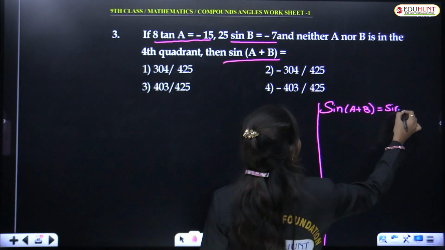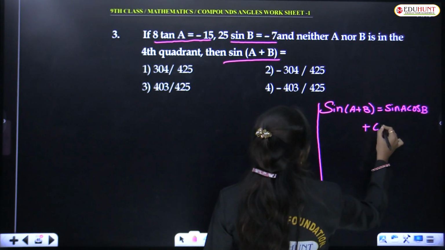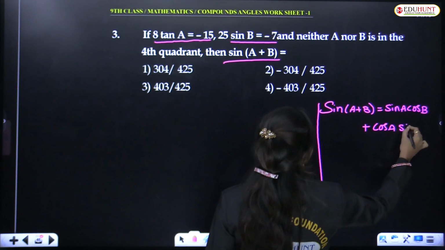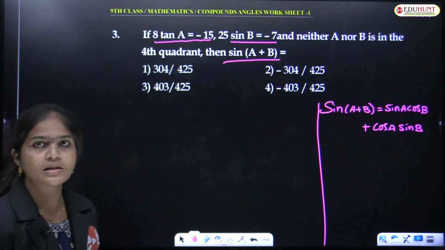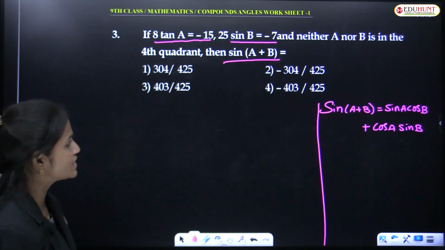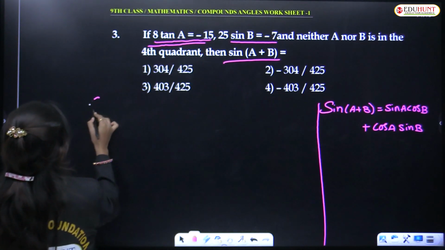Sin of A plus B formula is sin A cos B plus cos A sin B. Okay, so that is the formula. So here, what are they given? They given that